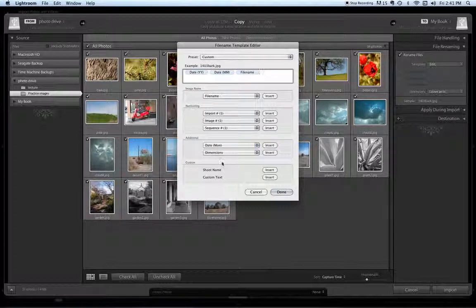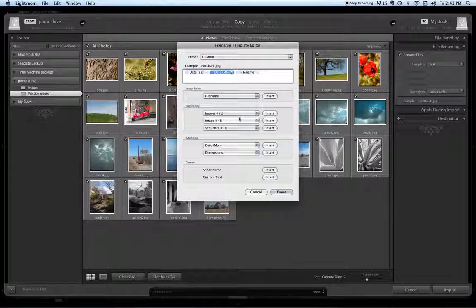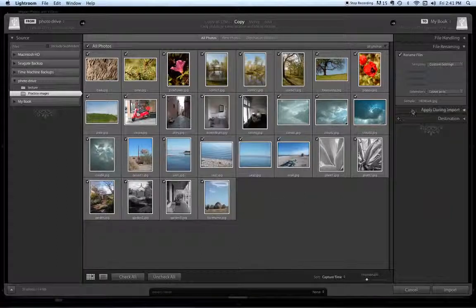So on mine, I generally use a system where I have the two last digits of the year, the month in 2 digits. Now anything you want to change on here, just click, go to the thing you want, or down here you can insert. You can also just insert your cursor and delete, and in this case I'm going to hold on to the original file name, which I usually do, and I'm going to say done. And so this is the regular setting that I use.